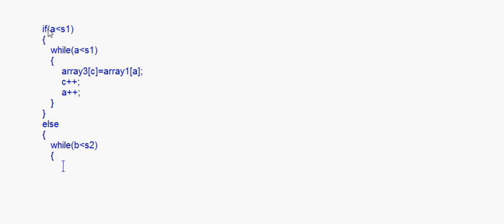That is the size, which is S2, right? Okay. So while B is less than S2, you will write array3[C] is equal to array2[B], and here you will write C++ and B++, fine. And then we will close this while loop, this else part here, fine, okay.